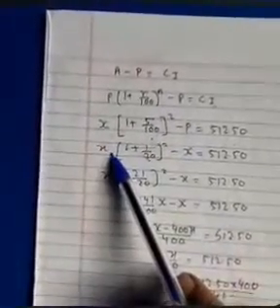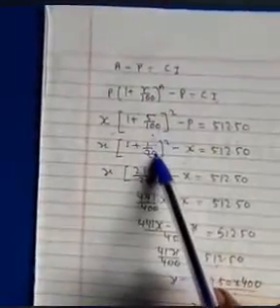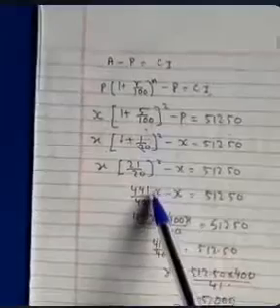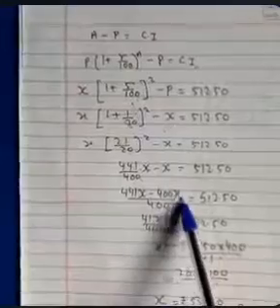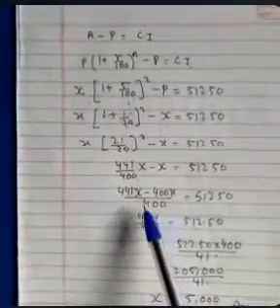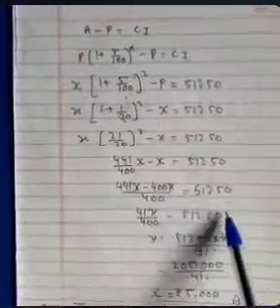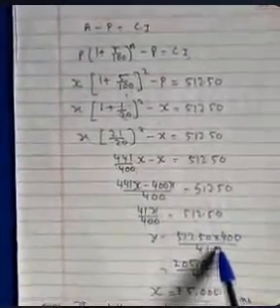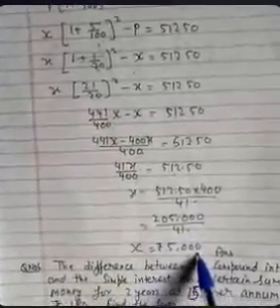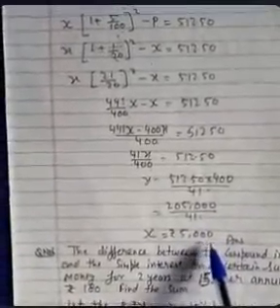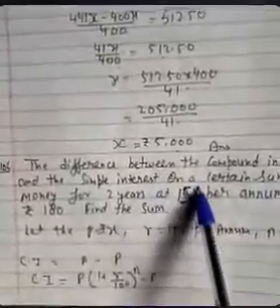Now common is X. First of all, 5 twos are 10. 1 plus 1 upon 20 is equal to 21 upon 20, whole square is 441 upon 400. Taking the LCM, 441x minus 400x upon 400. Now 441x minus 400x is equal to 41x upon 400. 400 goes to the numerator and 41 goes to the denominator. Now first of all multiply and then divide. Now the result comes to 5000.